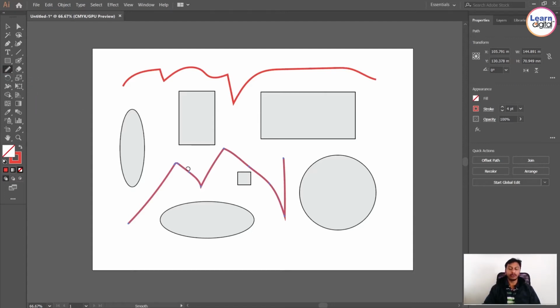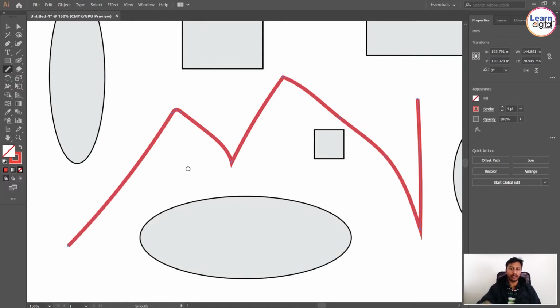So what is the smooth tool? Just zoom into some particular area. Here you can see this edge is completely sharp. If you want to make that sharp edge smooth, you can do that with the help of the smooth tool. Select the smooth tool and just drag it on that area, drag on the surface. You can see the changes over here. So this is our smooth tool. Each and every time this may not help you, but sometimes if you really need it you can use this smooth tool.